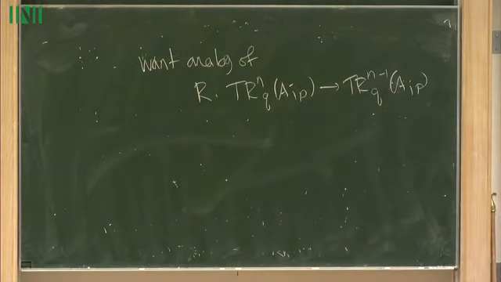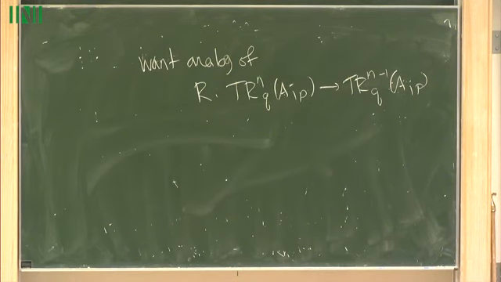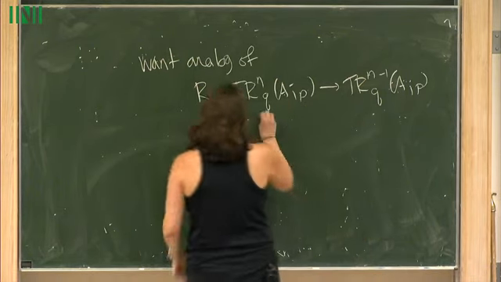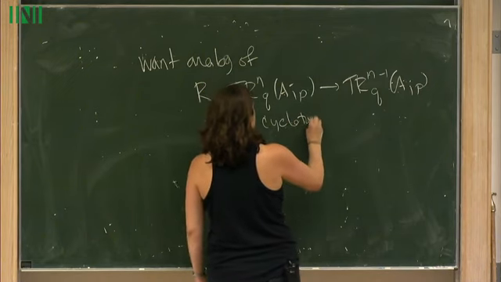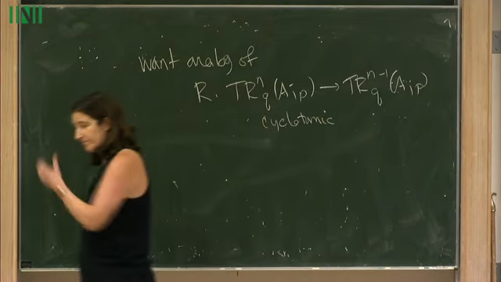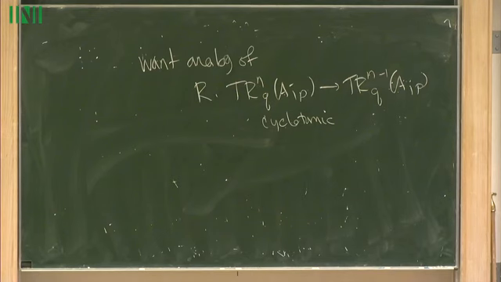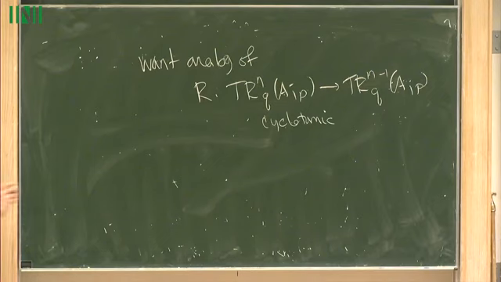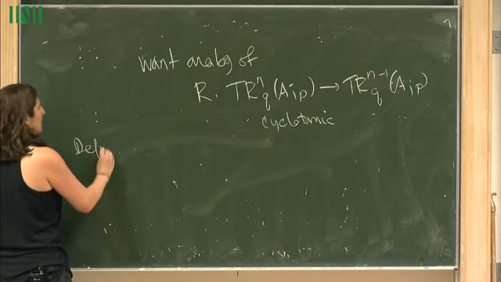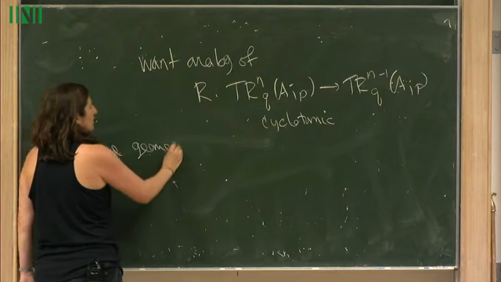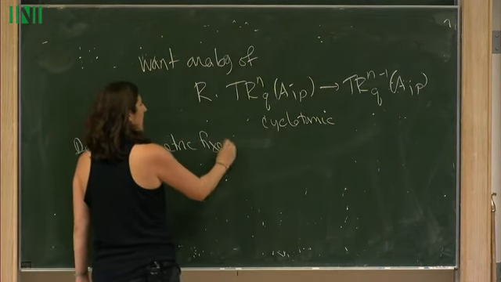And this is the map that I said specifically doesn't just fall out of the Mackey functor structure on TR, and you wouldn't expect it to. This was dependent on the fact that THH is cyclotomic. So this is where we used that cyclotomic structure. And so what do we do to come up with an analog of R? Well, another piece of this work, which I won't go into, is that we define what it means to take geometric fixed points of a Mackey functor,